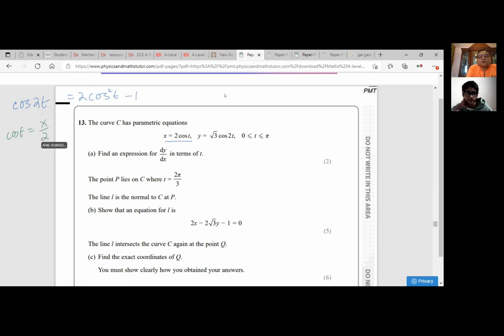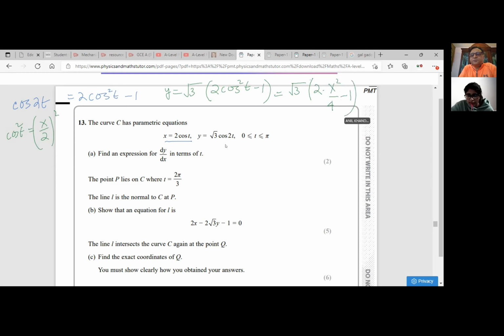So now look at it. You have the equation y equals square root 3 cos of 2t. Instead of cos of 2t, I'm writing 2 cos square t minus 1. We are not jumping into the solution; we're trying to understand all the stuff around. So this is square root of 3 and 2 times what is cos t? Cos t is x by 2, so the square will be x squared over 4. I'll replace this by x squared over 4 minus 1.